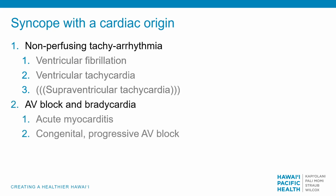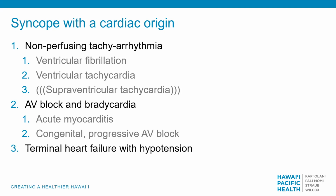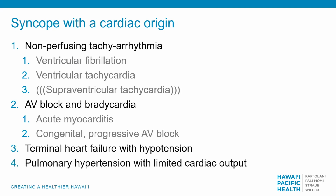AV block with super low heart rate, okay? It can happen acutely because of myocarditis, and that I've seen once in the last 11 years here, or it can happen progressively, and that patient is usually hooked into cardiology. But it can happen because of AV block and bradycardia. And the other third and fourth cause is